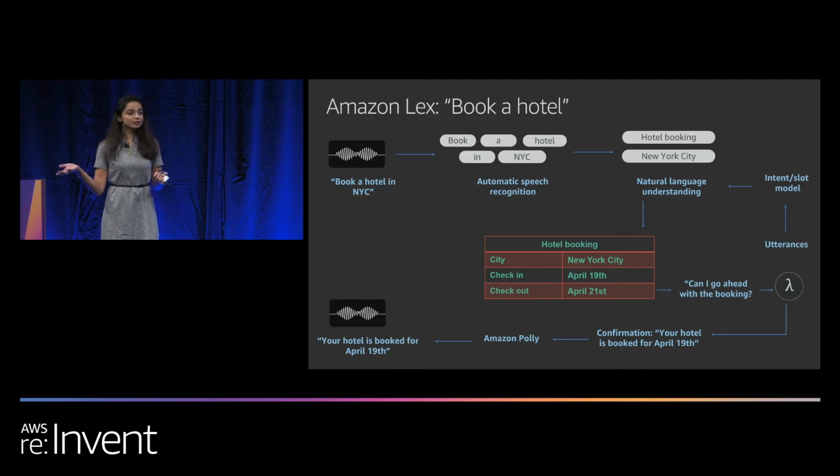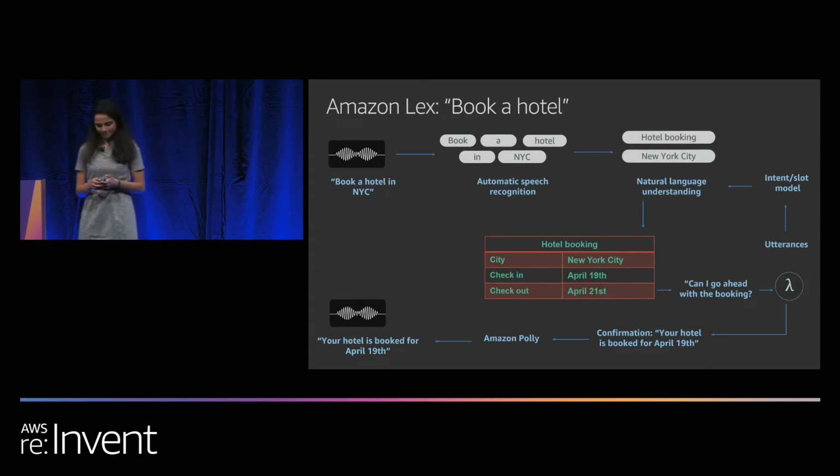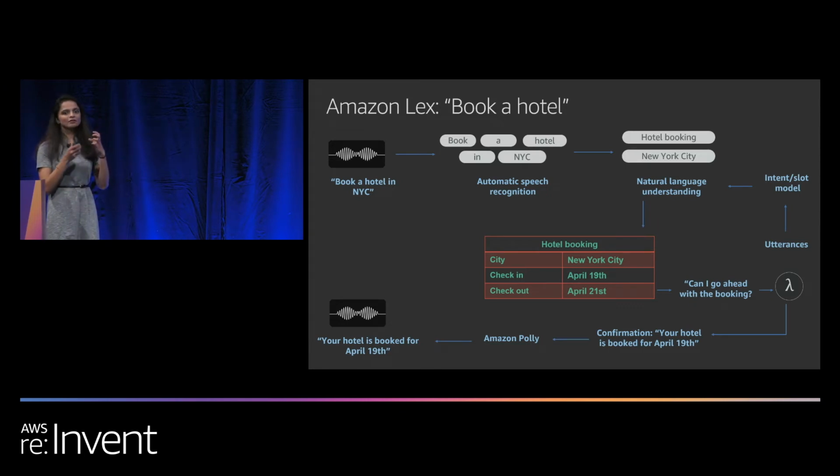I can't find a hotel next week for this budget. Can you increase the budget? Or can you change the date? So it can come back to you with all these suggestions, and once everything's fine, it can confirm the booking, and you can use Polly as well to respond back. So that's how natural language understanding works, where a deep learning neural network unpacks the intent and extracts all the important information from what you have said.